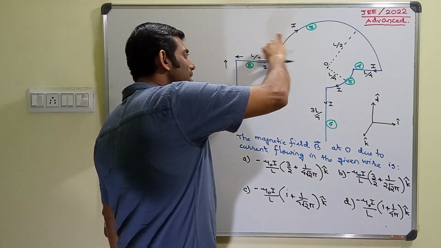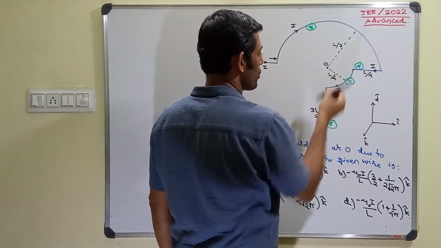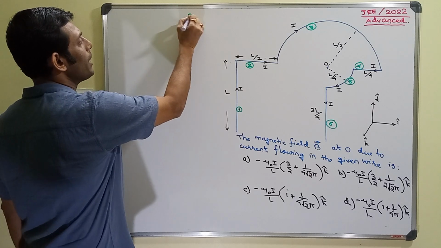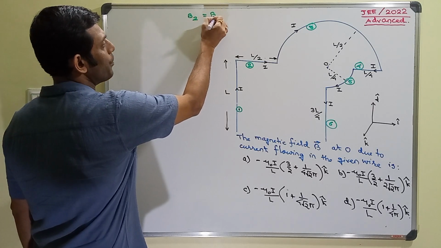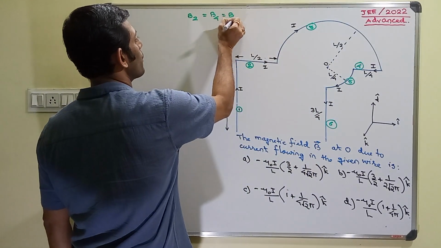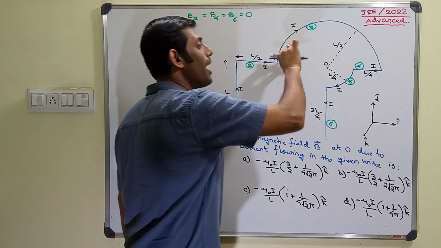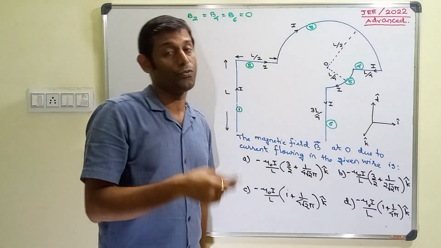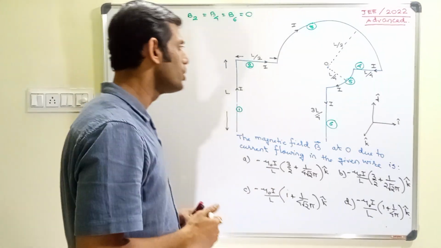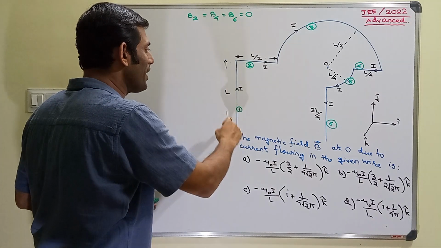Magnetic field due to the second part, 0, fourth part, 0, sixth part, 0. That means B2, B4, B6 are 0 because point O is in the line of the flow of the current at whatever distance it might be. Now, about this finite length wire,